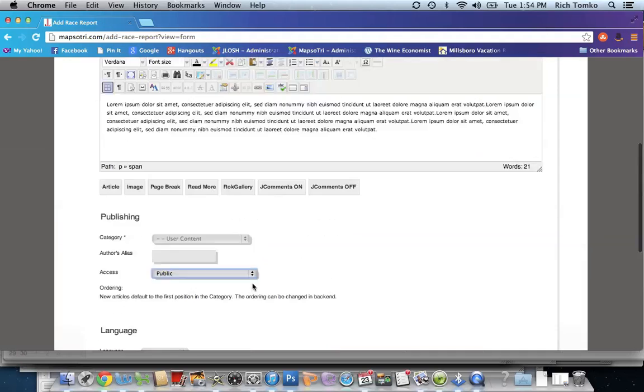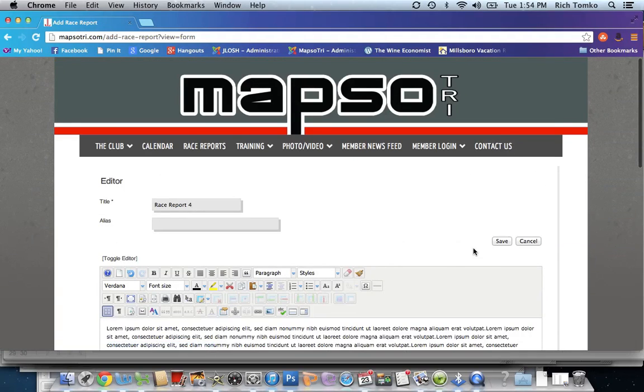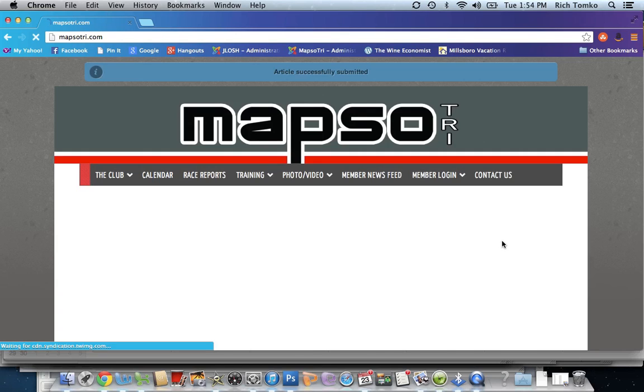Don't worry about language and metadata, that is not required. And you go ahead and click save. Now the race report goes into the queue for the site editor to approve. It usually takes a couple of hours, and everybody gets a chance to have their race report featured on the home page